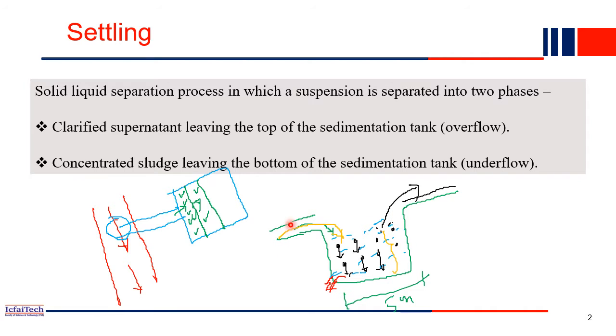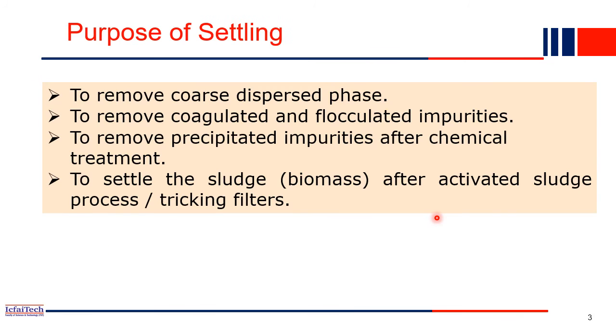Now you understand, the water will be coming from the aeration tank. It will come to here, and then because of the gravity force, this will simply settle down at the bottom, and ultimately the clean water will pass to the next chamber through overflow, because overflow means the next batch of water will be coming, right? When the next batch of water comes, this water will simply go into the next chamber. Okay, this clean water will go, and the pollutant sludge which is deposited at the bottom will simply be removed from this type of orifice at the bottom. So that is the main purpose.